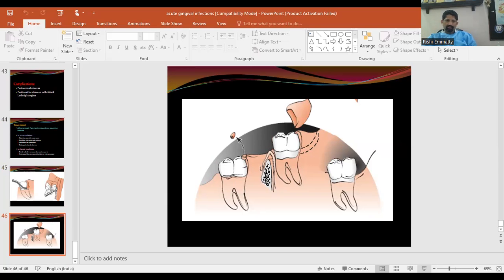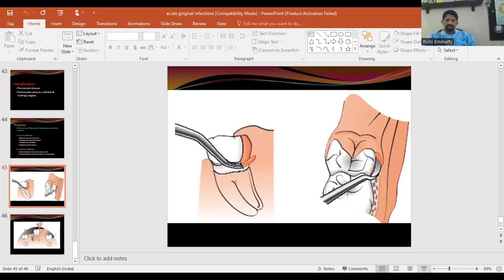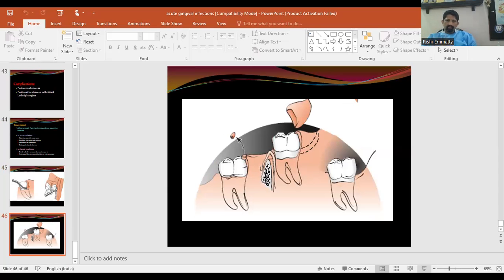So to wind up, what are the main three acute gingival infections? The main three acute gingival infections are necrotizing ulcerative gingivitis, primary herpetic gingivostomatitis, and pericoronitis. Necrotizing ulcerative gingivitis is seen with the typical oral sign, that is a gray pseudomembranous sloughing of the tissues, and there will be crater-like depression